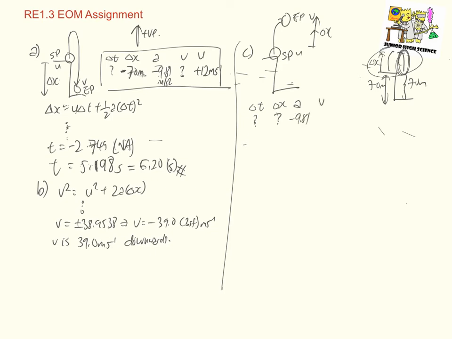Final velocity at the top of the throw will be 0, and my initial launching velocity is positive 12 meter per second upwards. I will use the equation v squared equals u squared plus 2a displacement, and before plugging in the numbers, rearranging the equation to make displacement the subject of the equation,